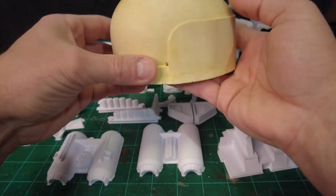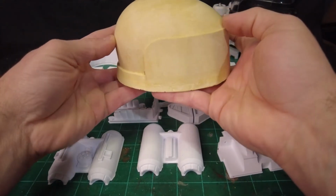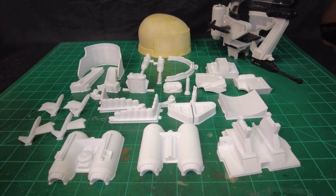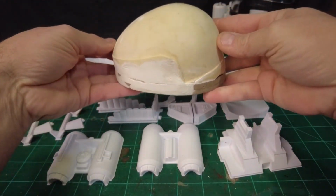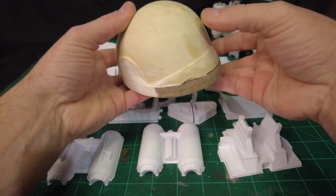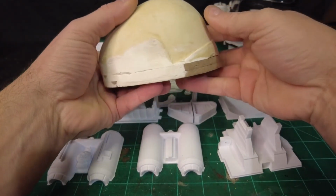I produced a new design for that mold buck that's a little more user friendly than the old one, which this is my old one. This one's actually kind of beat up, and I've had to repair it a couple of times. It's been banged up a little bit. The new one